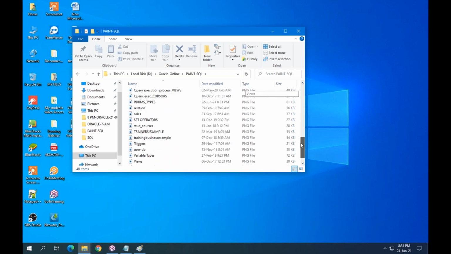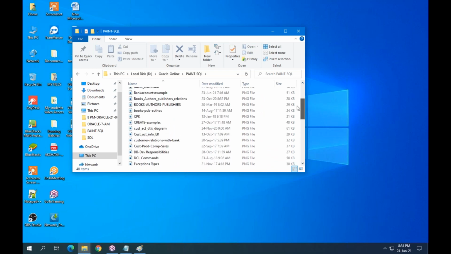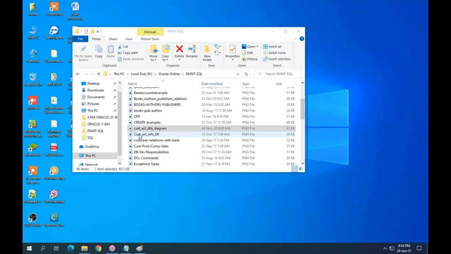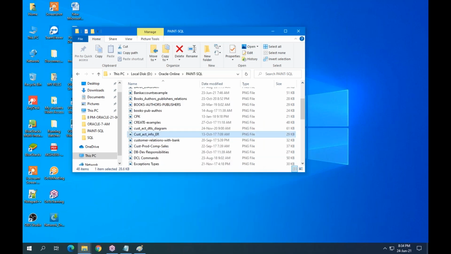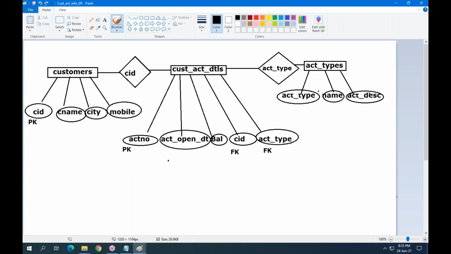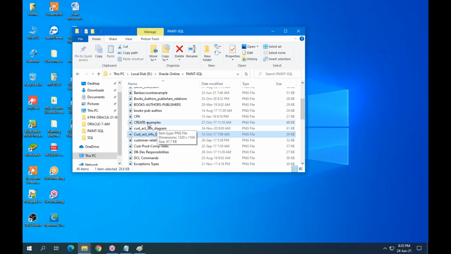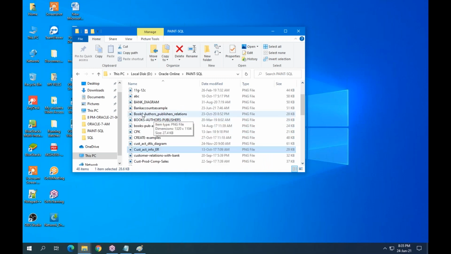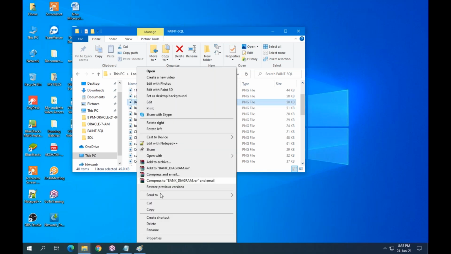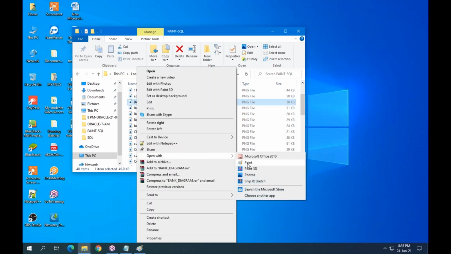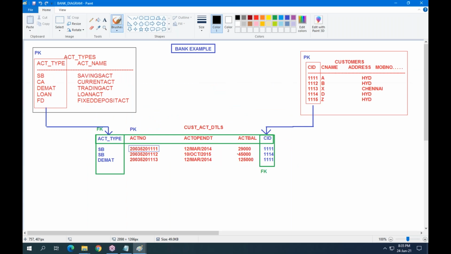Okay, let me take customer account information. Bank account. Okay, bank diagram. Yeah, see here.